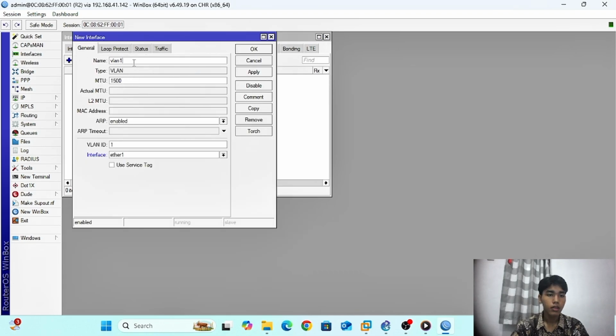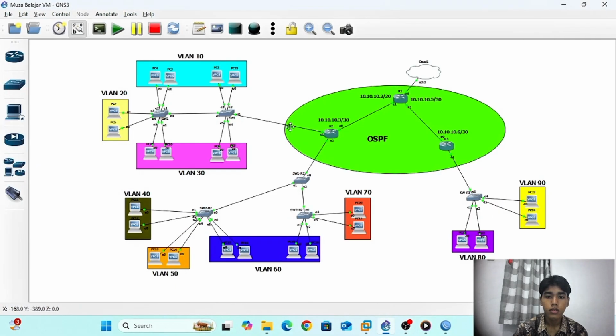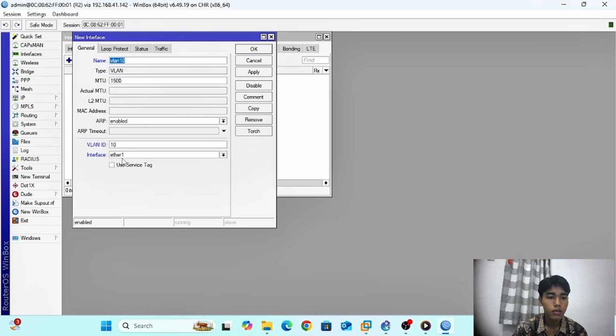Add VLAN 10, VLAN ID 10, interface ether 2, apply.